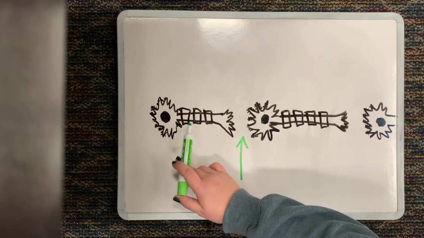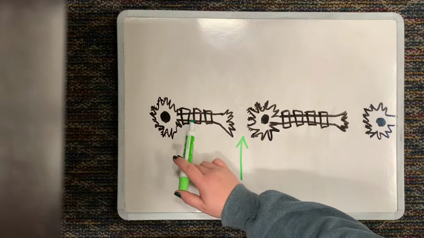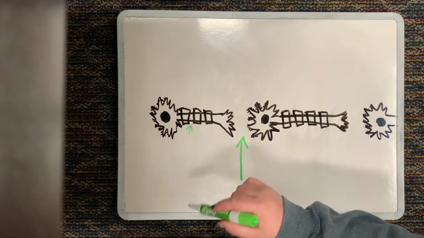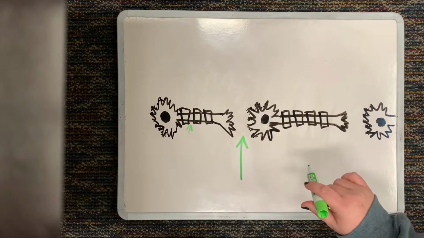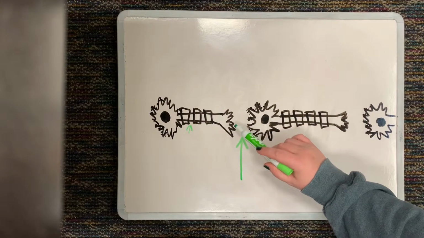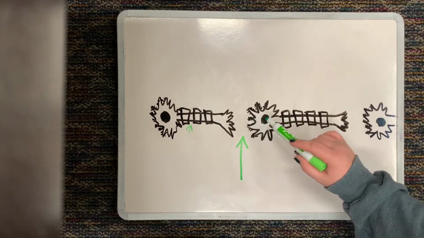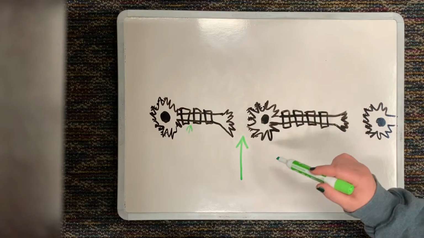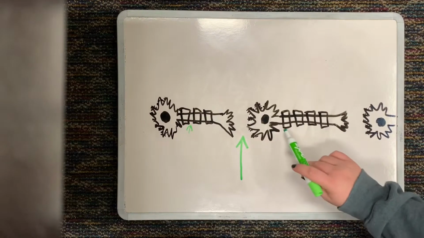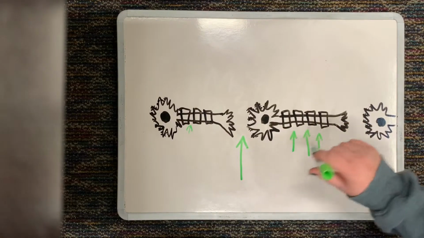As the information moves down the neuron to the end of the axon, it has to go through the myelin sheath. And as it goes through, every time it hits a node of Ranvier, it has to create another action potential to keep sending the information down the neuron. Now, once the information gets to the end of the axon, it's going to go into the synapse, and the dendritic spines of the neighboring neuron will receive the information and decide if it wants to continue with sending the information along to its neighbors, and then it will create an action potential and continue jumping action potentials from node of Ranvier to node of Ranvier, sending the information to its neighbor.